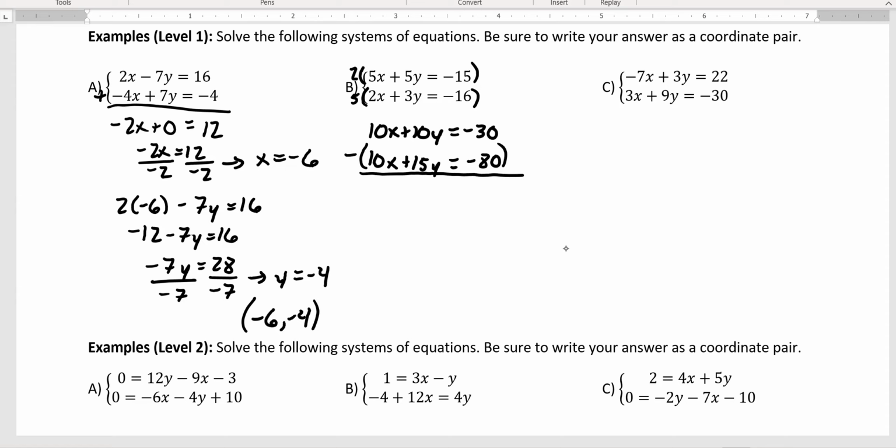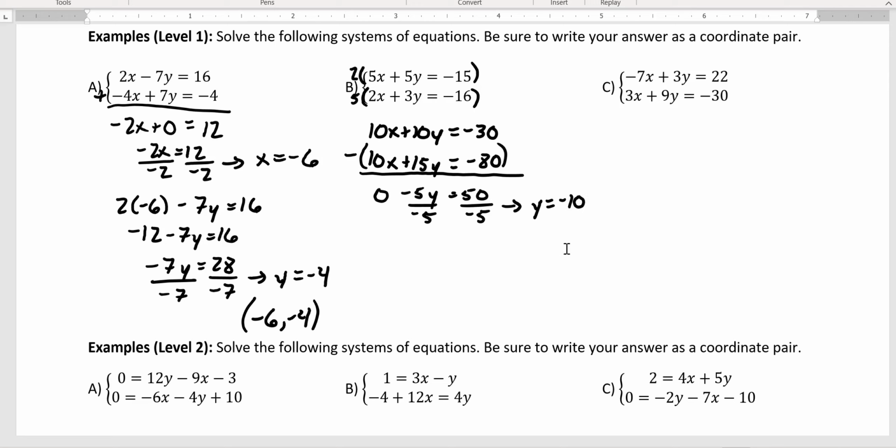Again, 10 minus 10 is 0. 10 minus 15 is negative 5. Negative 30 minus negative 80. So that'll become negative 30 plus 80. That'll become 50. So I can divide by negative 5, divide by negative 5, and I find that y equals